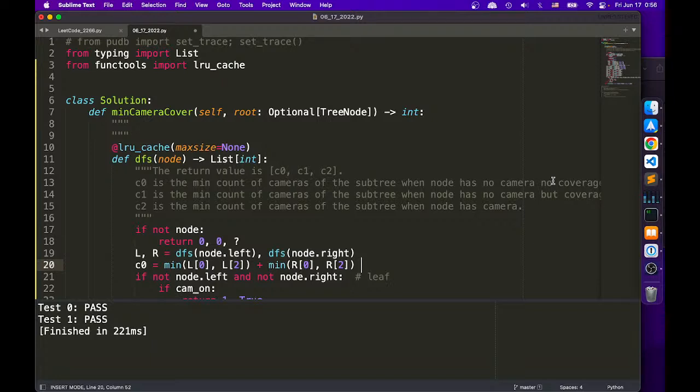If I have no camera and no coverage, I want to return a situation where, what is the minimum number of cameras that starting with, and if I start with no camera and no coverage,